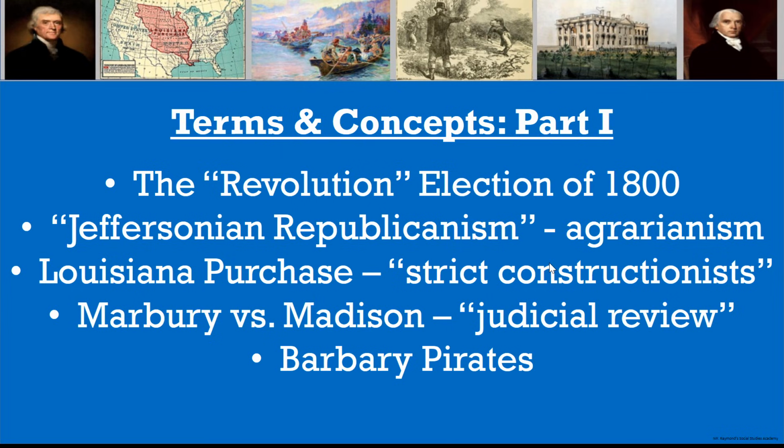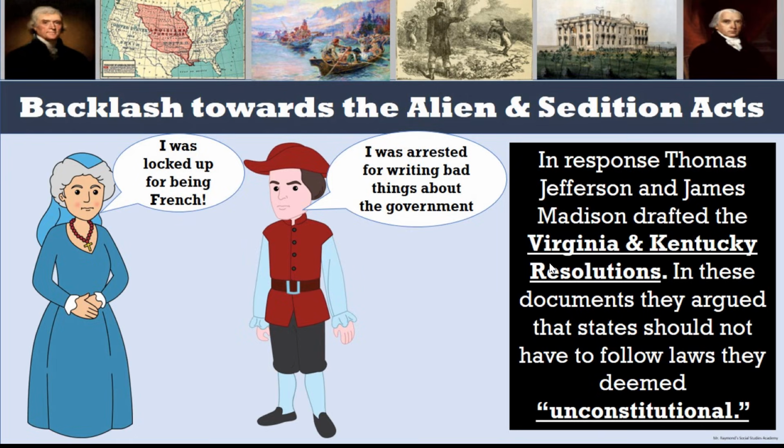So for today's lesson, you should understand what is known as the Revolution of 1800 election, Jeffersonian Republicanism, Agrarianism, the Louisiana Purchase, strict constructionists, Marbury versus Madison, and Judicial Review, the Marbury Pirates, and the coming of the War of 1812. As we mentioned in our last video, there was a backlash towards President John Adams and the Federalist Party